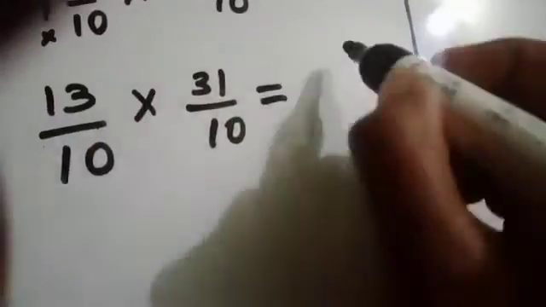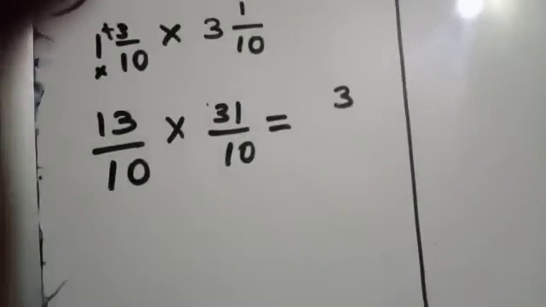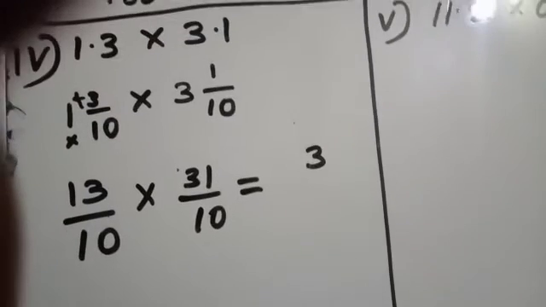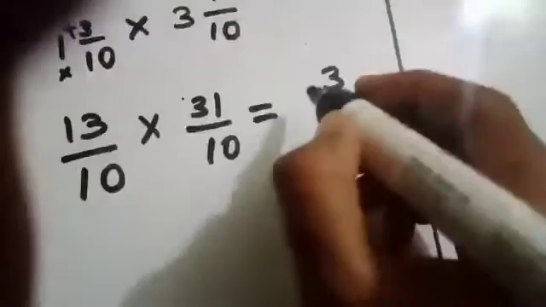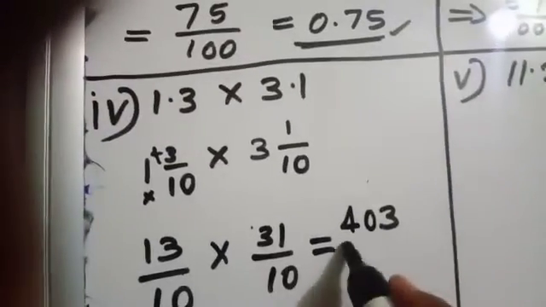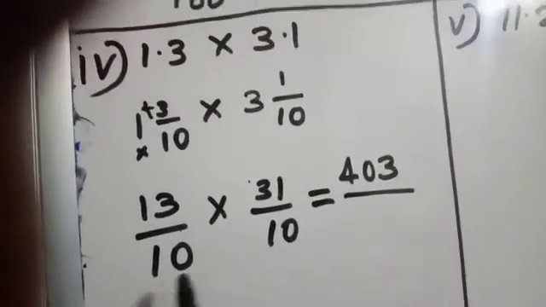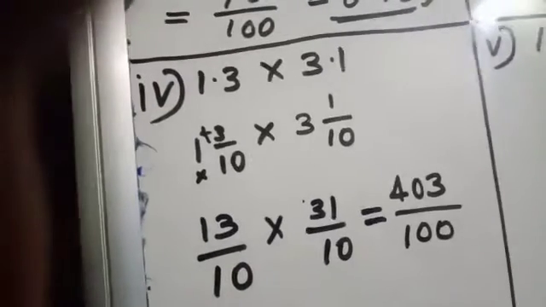31 ones are 31. 13 ones are 13. So you can write 1. 31 twos are 62, 3 into... 13 threes are 39 plus 1, 40. You are going to get 403 upon 10 tens. The product of denominators is 100. So now you have got that